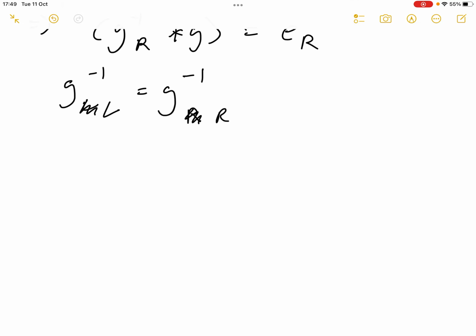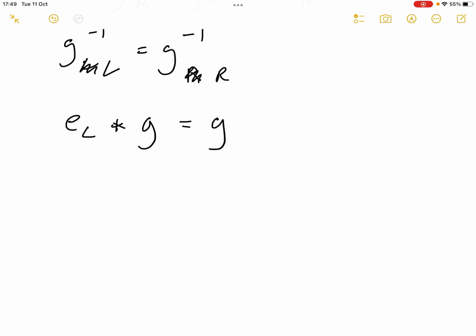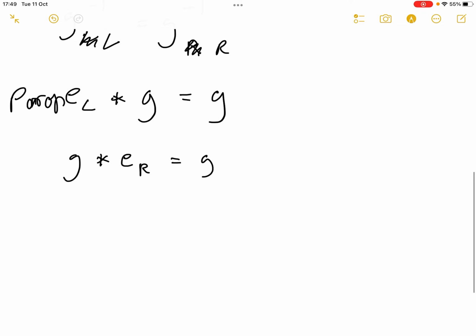Okay, so the next thing we want to show is that there is a left identity. And unsurprisingly, it actually turns out that the left identity is equal to the right identity. Okay, so how do we show that? Well, we start off with what we know. We know that there exists a right identity. So we don't know this yet. This is a prop. And we start off with this. And then we have that,